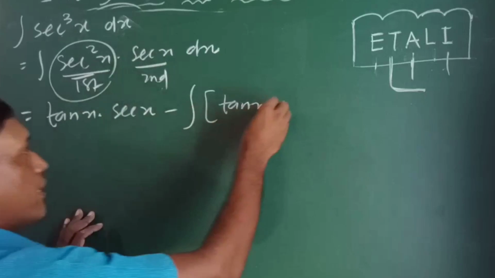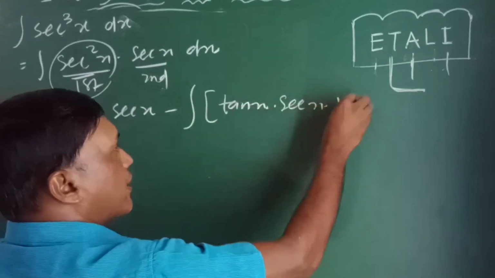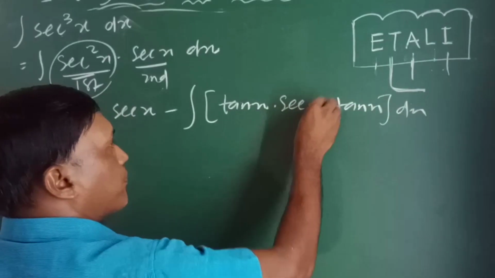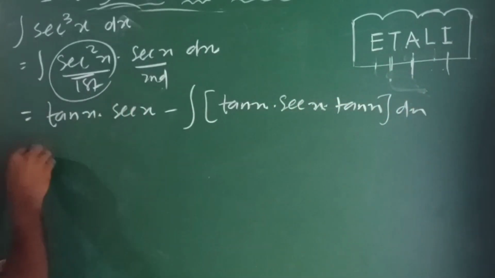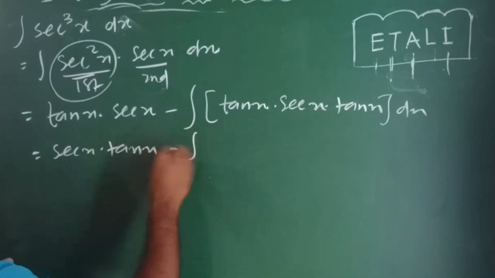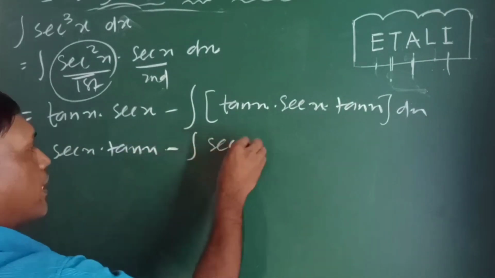Derivative of sec x is sec x into tan x with respect to x, which is equal to sec x into tan x minus integration of sec x into